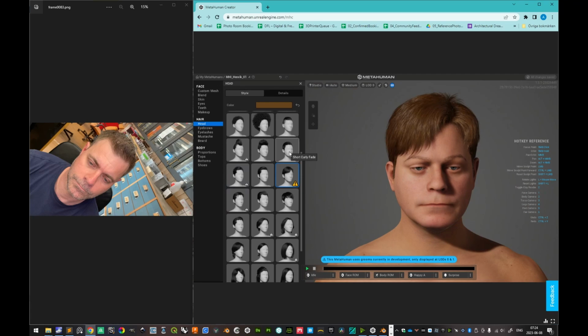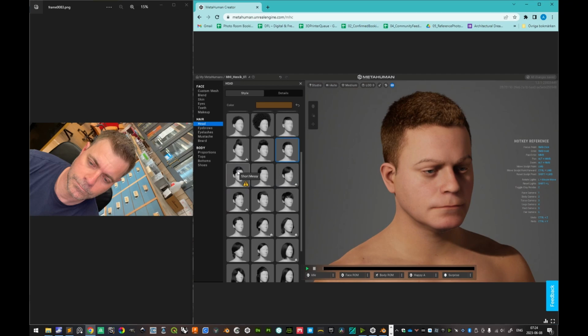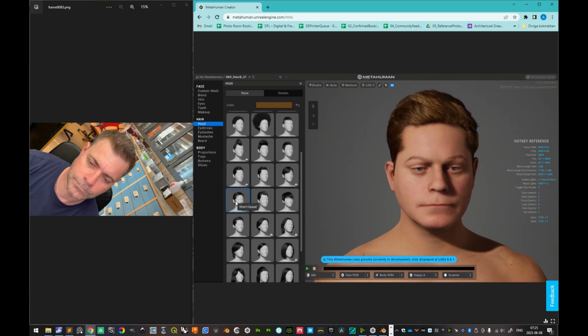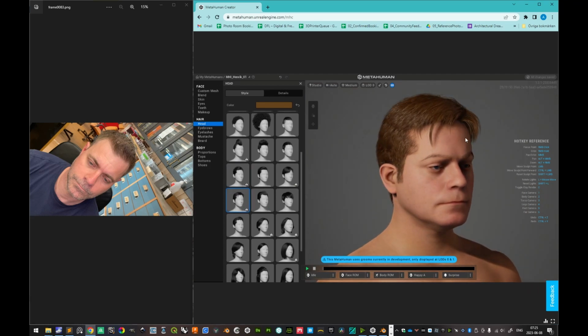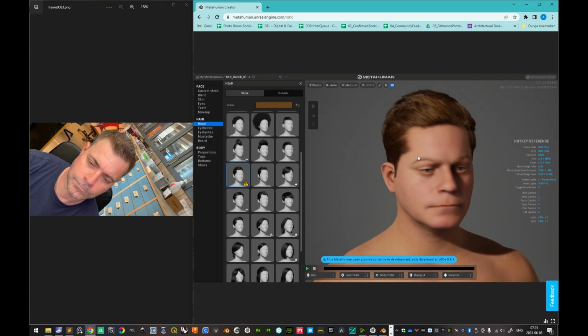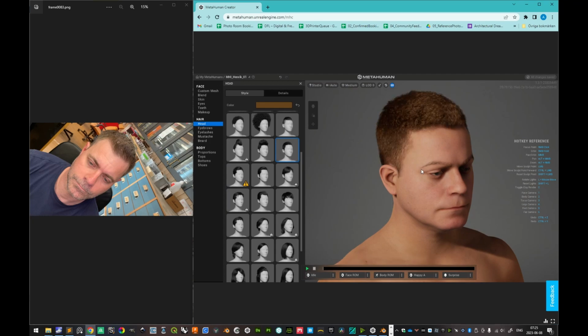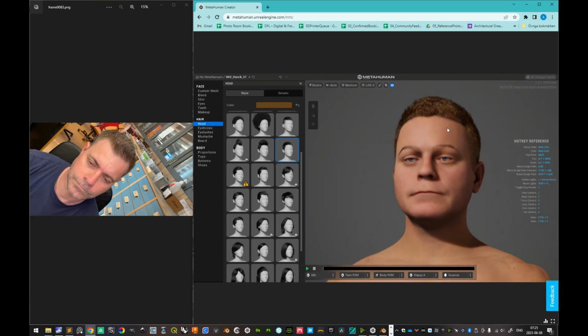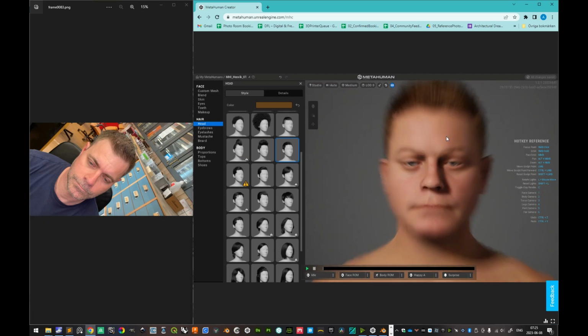This one is called short curly fade, but that is not what it is. The short messy one was not 100%, but the short messy one is better. The short clean is way too clean, or is side swept like that. It's a little upwards there. No, because it's shorter along there, so this one was more. Or was it? This one is perhaps better then. It's not perfect, but it's much better. All right, we'll do this,